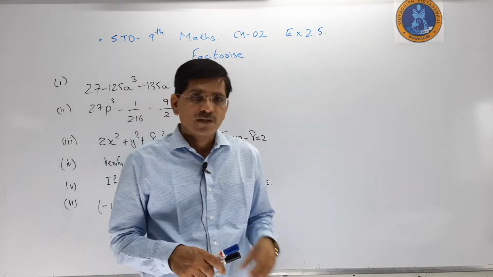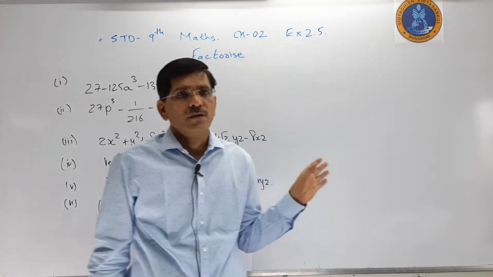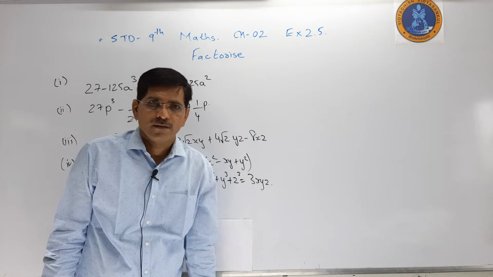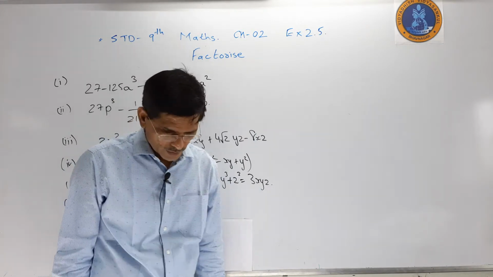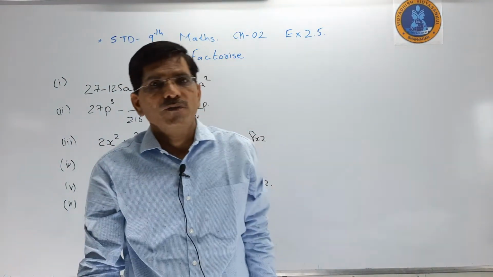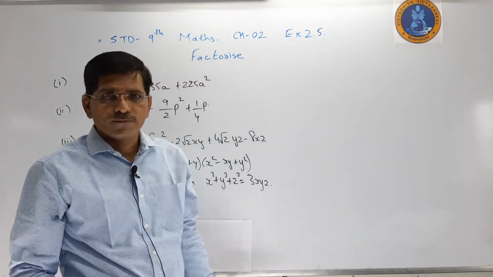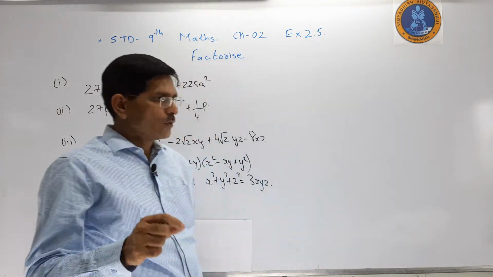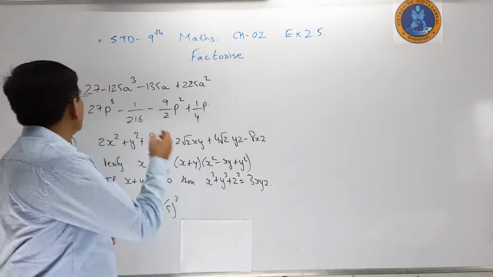Today we want to discuss the last important sum, that is factorize. So in factorize, what do we have to do? That is important. All the identities I am using we use again, but we have to know which identity we have to use in the formula. So let me see, one sum is there.